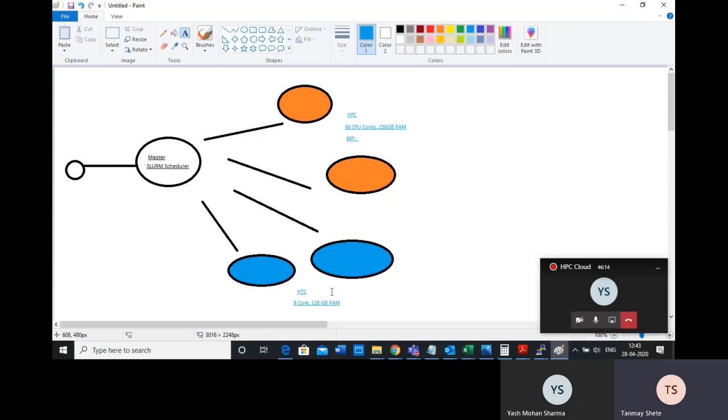All these things are related to the scheduler, the Slurm scheduler, and that's why I said you can understand how the Slurm scheduler works. We don't need to go into a lot of details. From a user's perspective, what you need is how to submit a job on the scheduler. That is what, right?